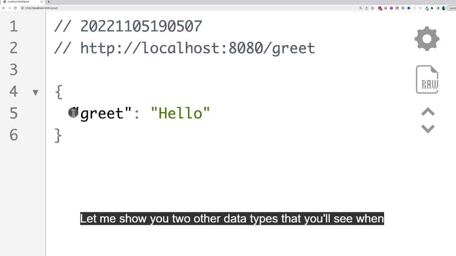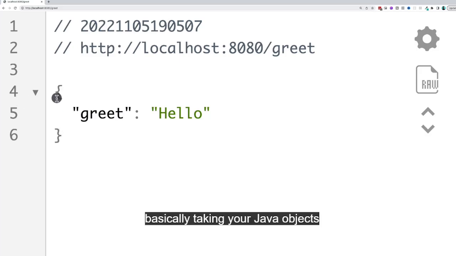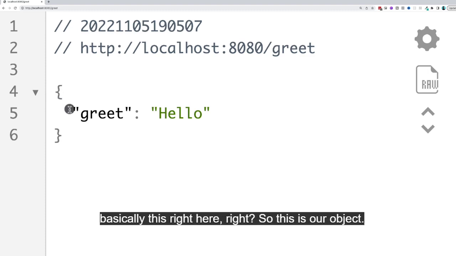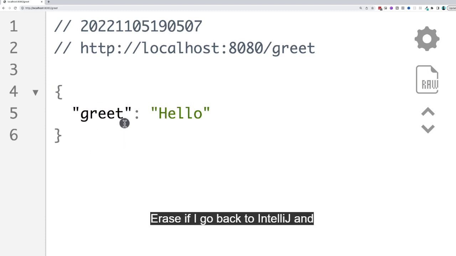Let me show you two other data types that you will see when taking your Java objects to JSON. I want to show you objects, which is basically this right here. So this is our object, but then you'll see object within object as well as arrays. If I go back to IntelliJ,